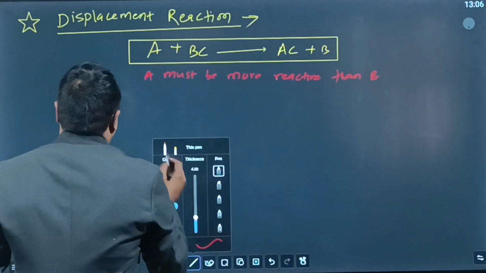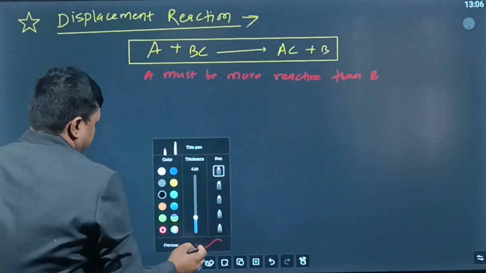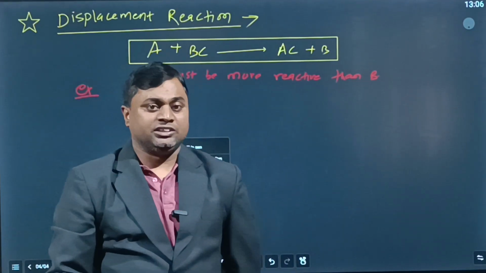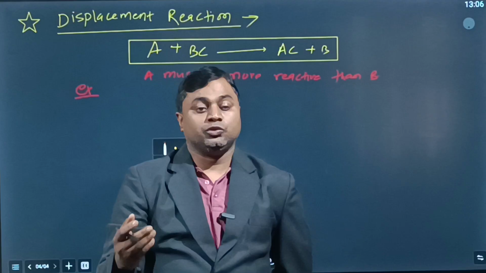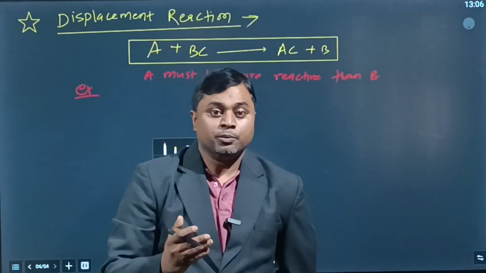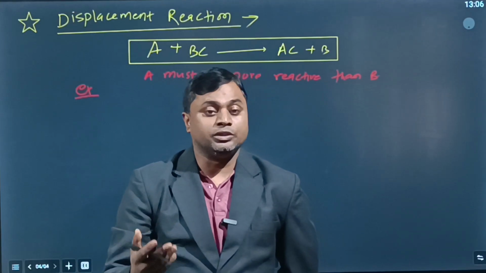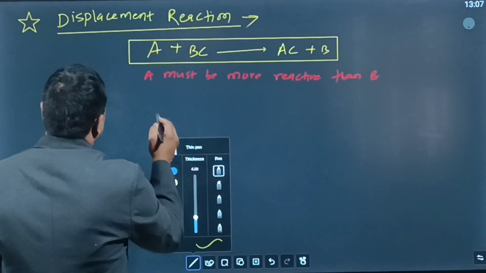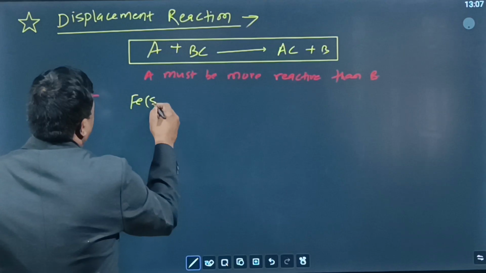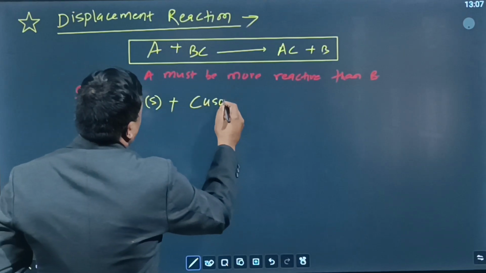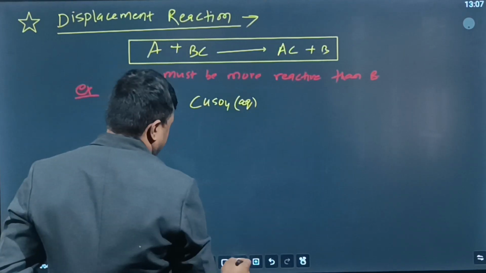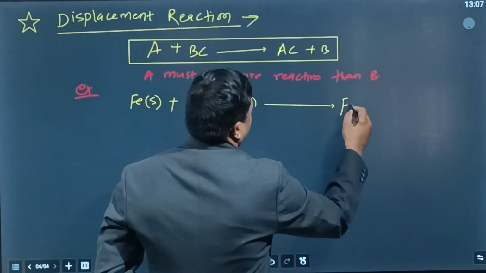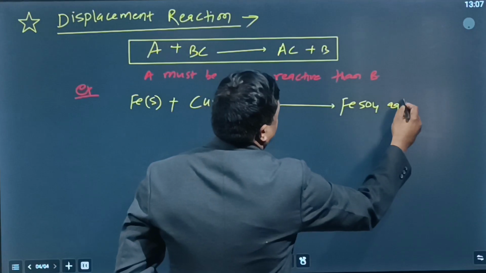For example, a very common example: whenever you add iron filings to copper sulfate solution, we can see the color change from blue to green. So it is also due to the displacement reaction. Let's take the example, children. Iron filings react with copper sulfate, CuSO4 aqueous solution, and give iron sulfate, FeSO4 aqueous, plus